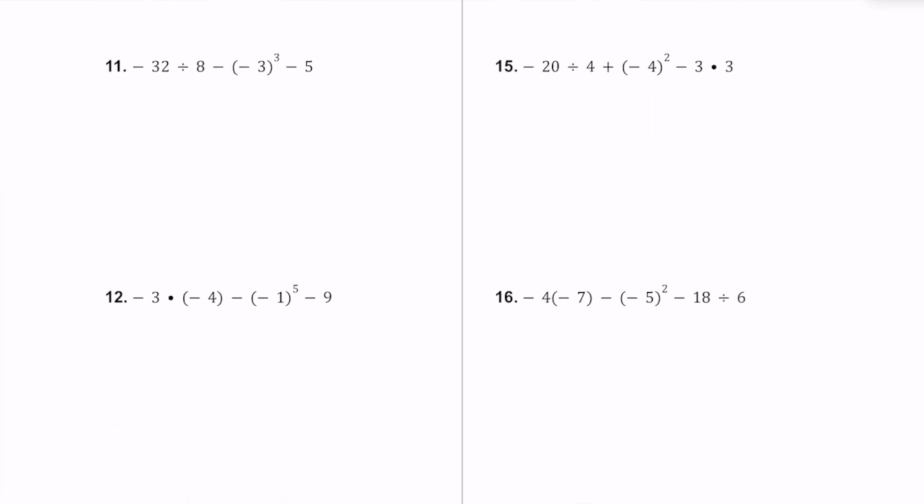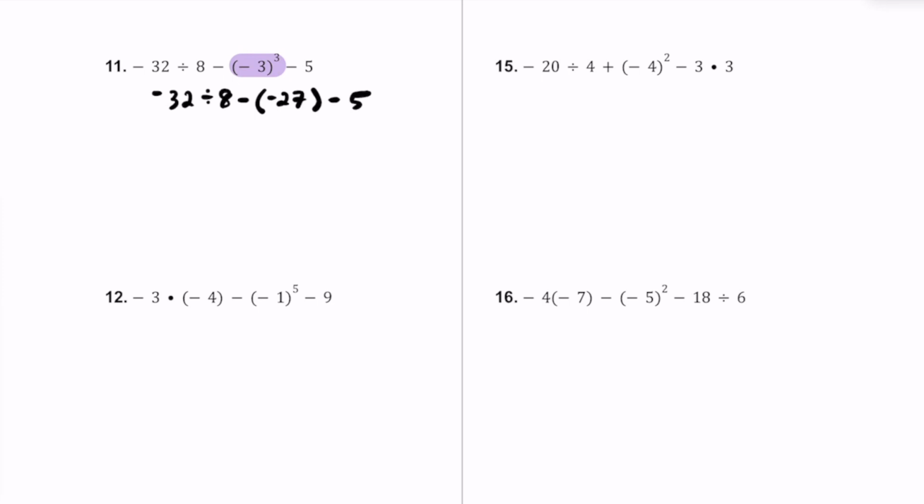Alrighty, for number 11, it looks like we have a few different operations again. I think the power is going to go first again out of all of these. So we have negative 3 to the third power. That's negative 3 times negative 3 times negative 3, which is going to be a negative 27. So we're going to have this negative 32, and then divide that by 8, and then take away, and then this is going to be a negative 27. Be sure to give that a hug,